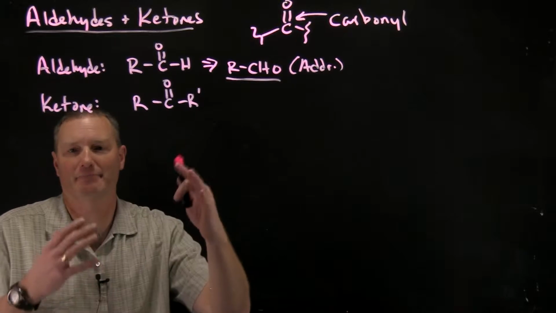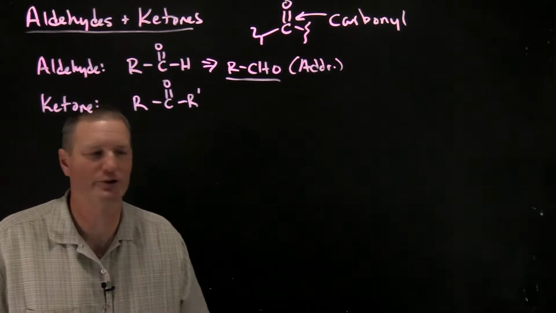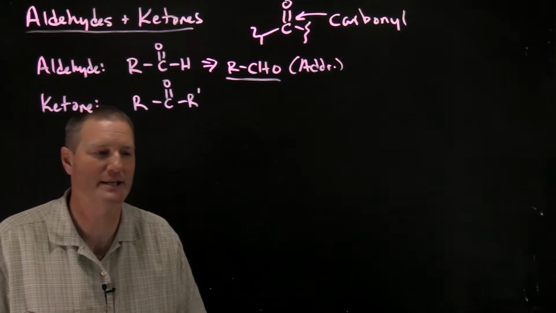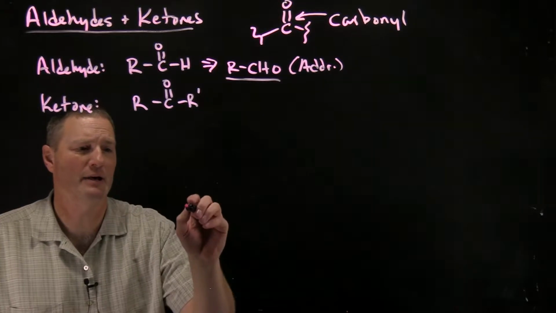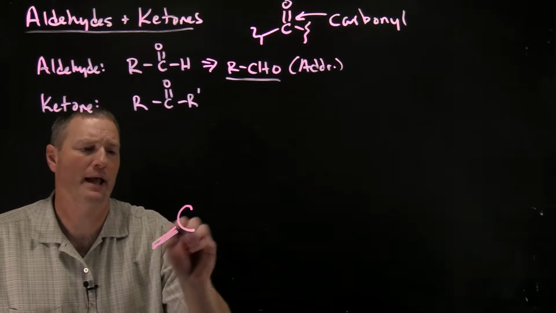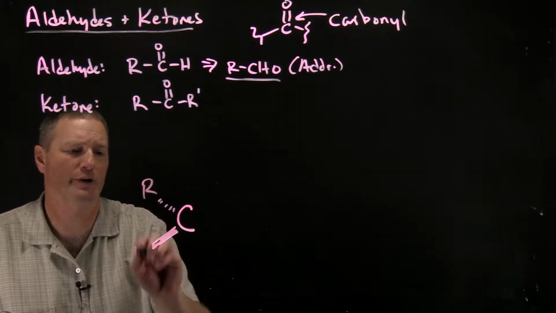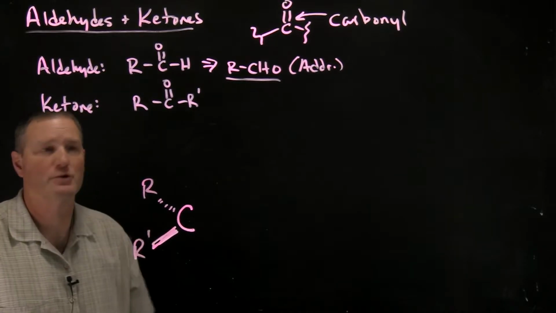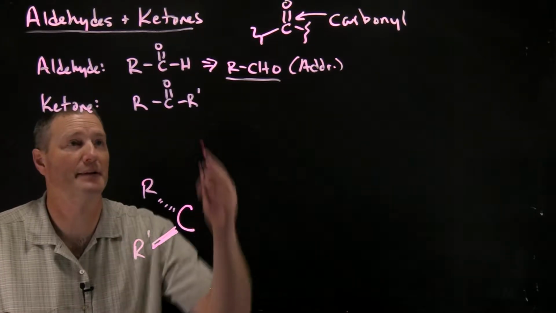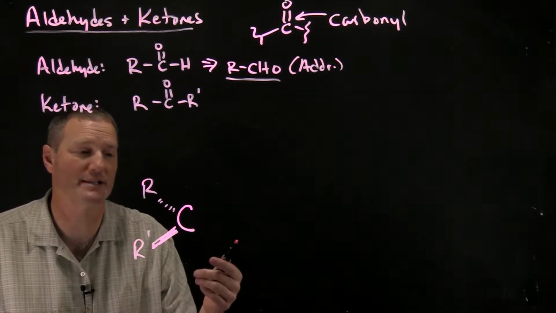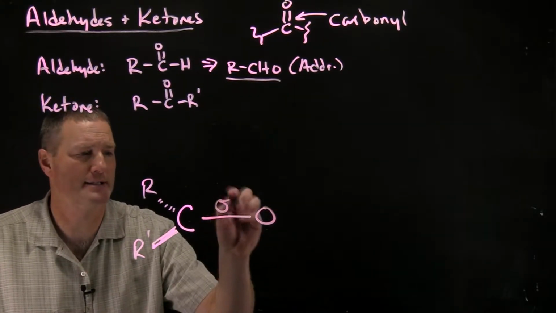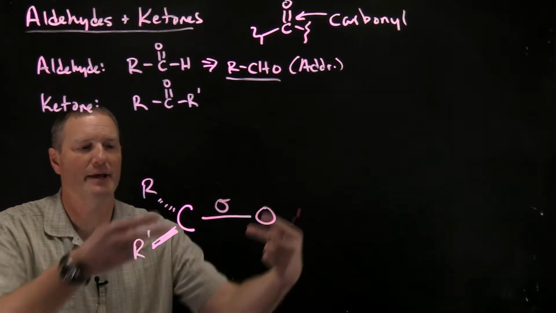So what exactly are carbonyls, and what's going on with the structure of these? If we were to zoom in on the structure of a carbonyl, like an aldehyde or ketone, and look at the actual bonds that are occurring in these. So we have our carbon, and I'm just going to draw this with two different R groups, R and R prime, so it could be a ketone. Like we saw in carbon-carbon double bonds, in the carbon-oxygen double bond we actually have two different types of bonds going on. Here we have what's called a sigma bond,